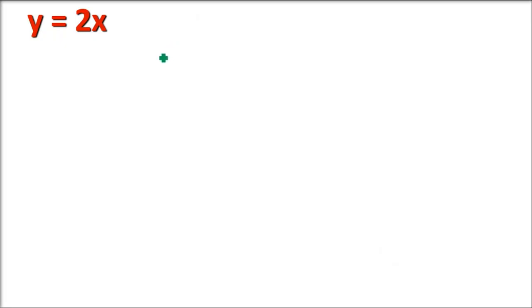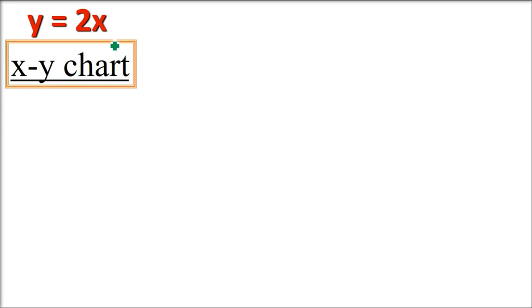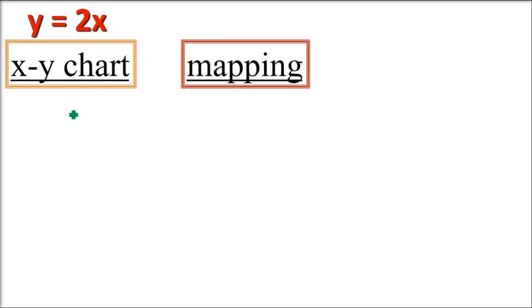A function, as I said, will be a relation on some condition. There are certain ways to represent this function, because a function has come out of a relation only. A function is a subset of a relation only. How do we write it? There are certain ways to represent it. We can make a chart, we can map them, we can represent it through mapping.